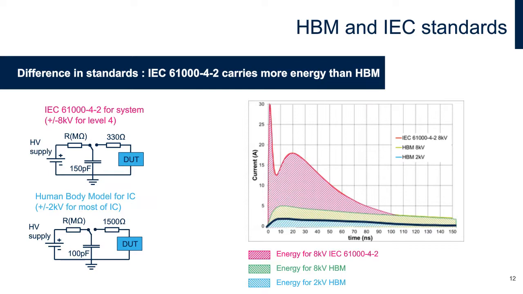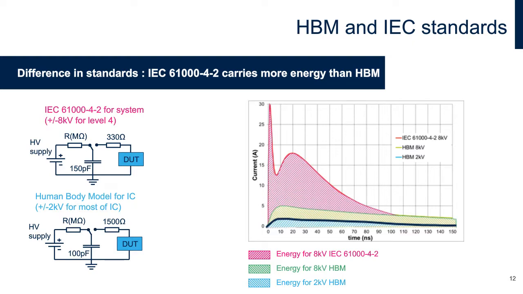On the right side, we compare the energy carried by the current waveform of these two standards. For the 8 kV IEC, the current is in red here, and with same 8 kV voltage, HBM current is in green. For 2 kV HBM, that is the most common level specified for integrated circuits, we obtain the blue curve. The energy of ESD that corresponds to the surface below the curve is much lower for 2 kV HBM compared to 8 kV IEC